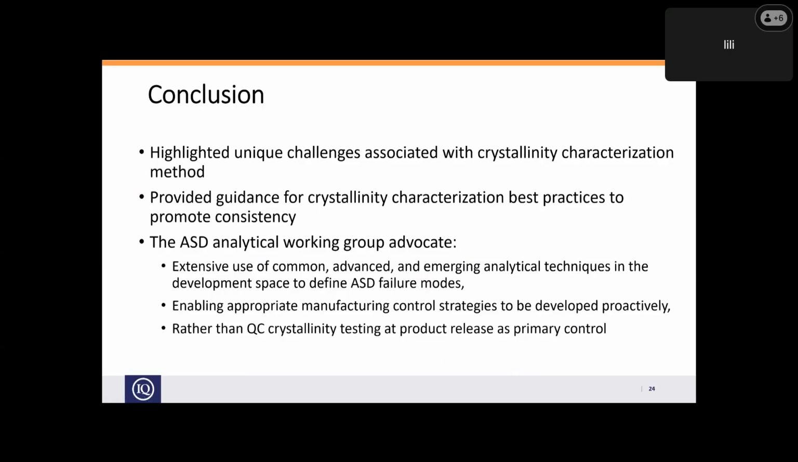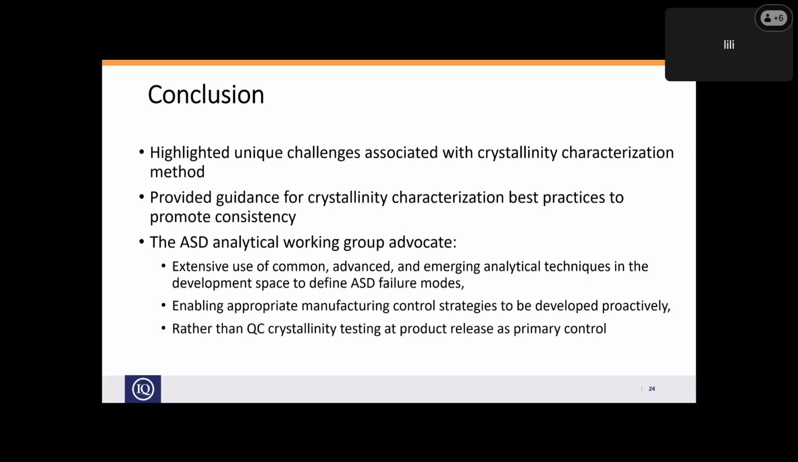So in conclusion, in this webinar, we presented unique challenges associated with crystallinity characterization methods. We also provided guidance for crystallinity characterization best practices, to promote consistency across the industry. The ASD crystallinity characterization working group advocates to the industry: